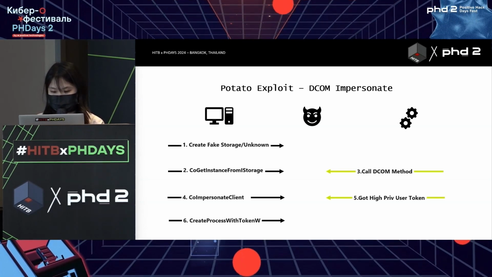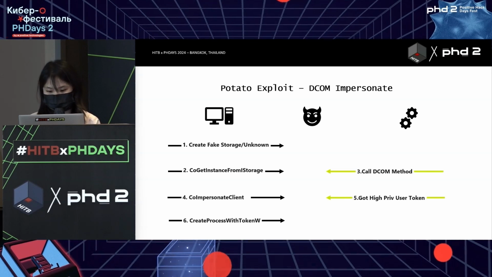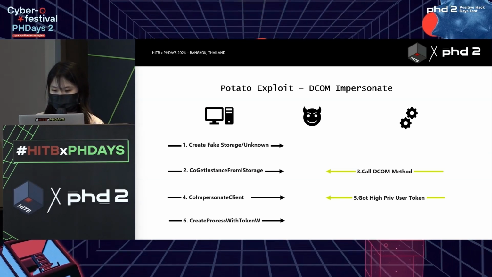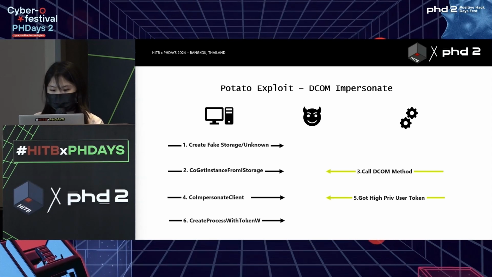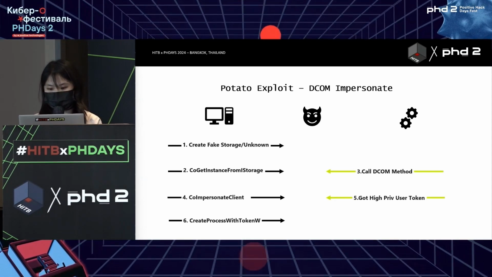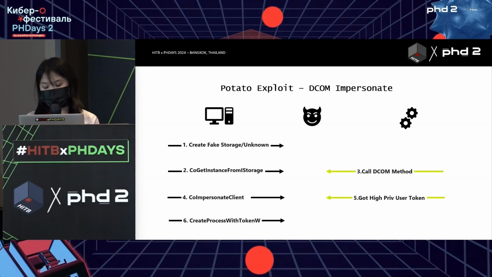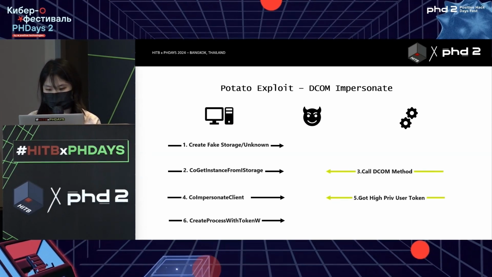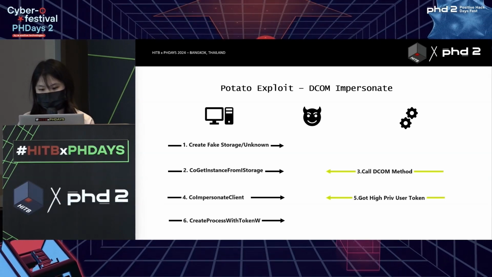There is no distinction between server and client. In the first step, we use a low-privilege account to create a fake storage object or fake unknown. The second step is to call the CoGetInstanceFromIStorage class to allow a high-privileged user to deserialize our COM